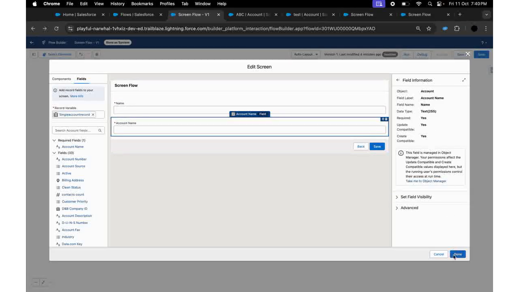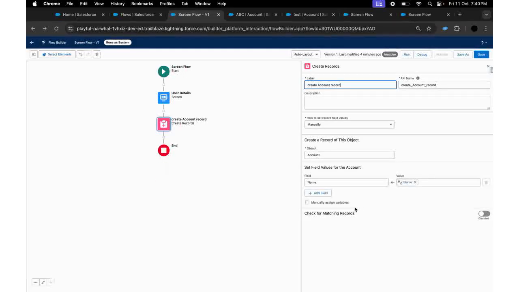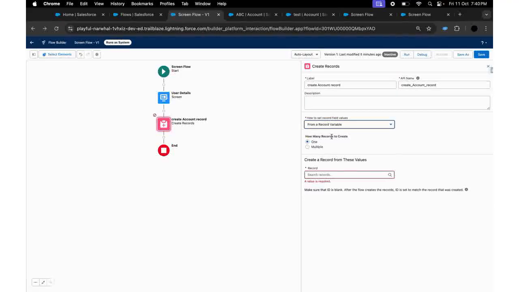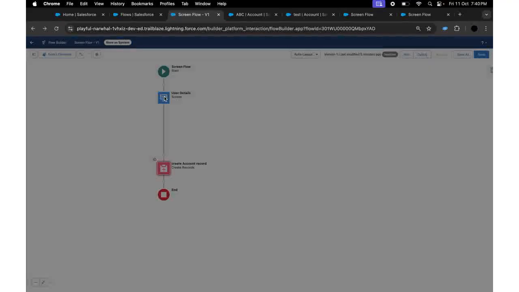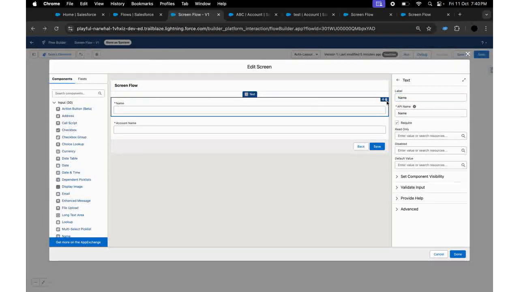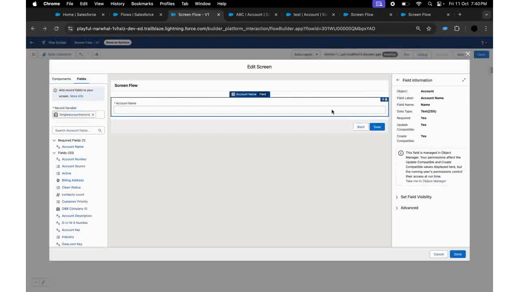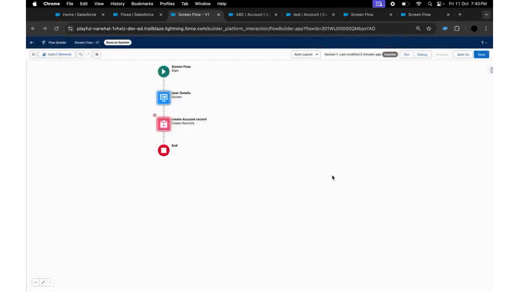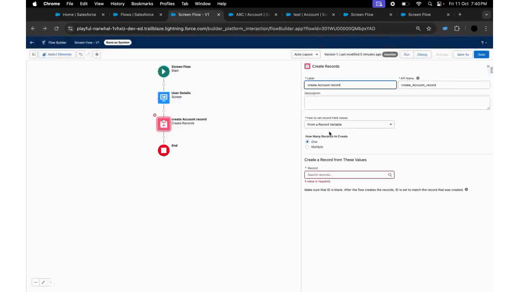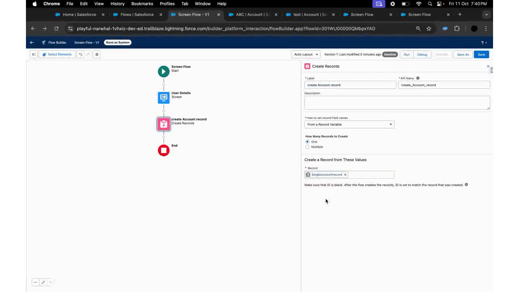Okay, so now I will say done, then I will go here, then I will just remove this. And once I remove this, I will say okay fine, now I want to create it from a record variable, and I will remove this also. Delete it. Now we have one. I will say done, and then in this I will say create from record variable. What is the record? This. Okay, so now if I save it,